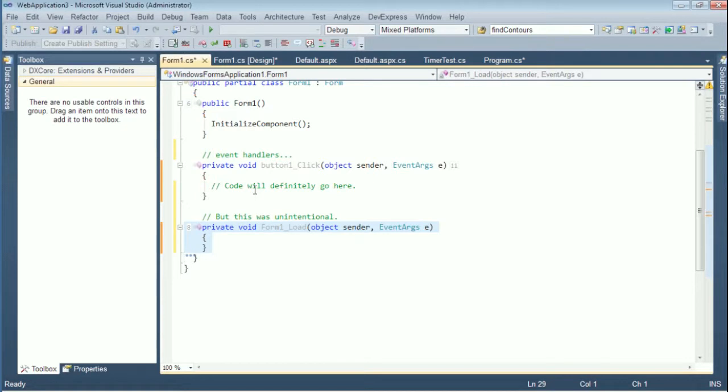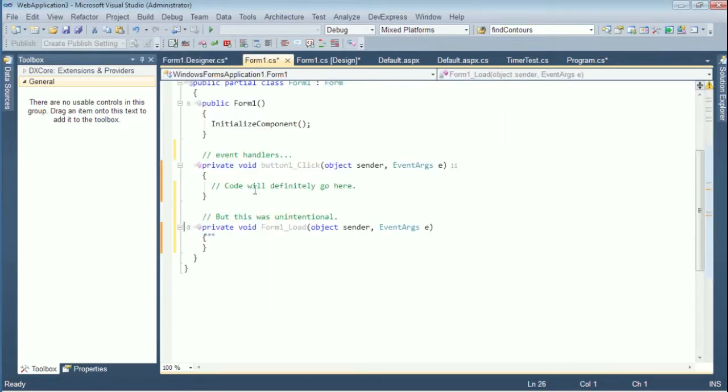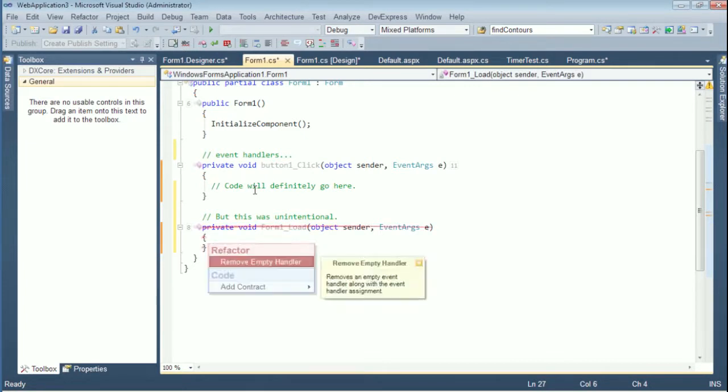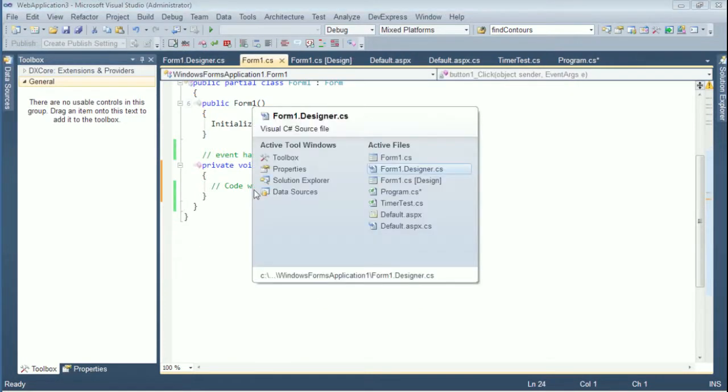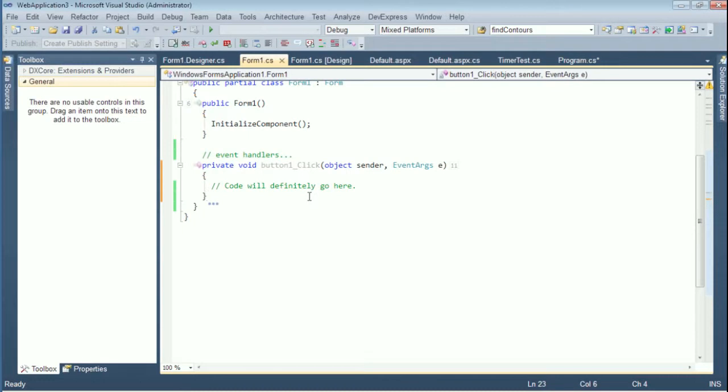You'll get a syntax error over in the form because this Form1_Load is referenced here, if I use tab to next reference and hit the tab key. So if I simply delete it over in this location, I'm going to have a problem. So what I can do instead is put the caret inside it, and hit the CodeRush refactor key, and choose remove empty handler. And that'll take it away here, and it'll also take it away over here on the designer. So there you can see it. So CodeRush is detecting that your handler does absolutely nothing, and therefore is not necessary, and it's also working out where it's being removed as the